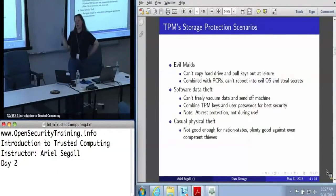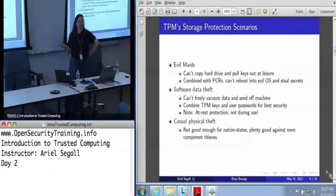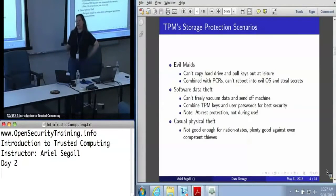So it doesn't matter how well I use my TPM to encrypt my data, once I've unlocked it using the TPM, the TPM's not going to protect anything that's just sitting around in memory. So in general, if you're looking at software data theft as your primary threat, we generally recommend using as many small and focused encryptions as possible, because